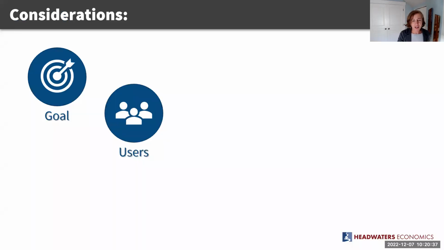I wanted to share just a little bit about the kinds of considerations that we weigh in all of our tool development. We always start with the goal and the user. What is it that we want to have happen, and who can make it happen? In the case of neighborhoods at risk, we're really thinking about how we can make climate adaptation strategies more equitable, reaching the people who are most vulnerable, not just the neighborhoods with the loudest voices or with the greatest physical exposure to climate change. And we know the people that can make that happen are often local elected officials and their staff. So that's the user that we had in mind for this particular tool that I'm sharing with you today.